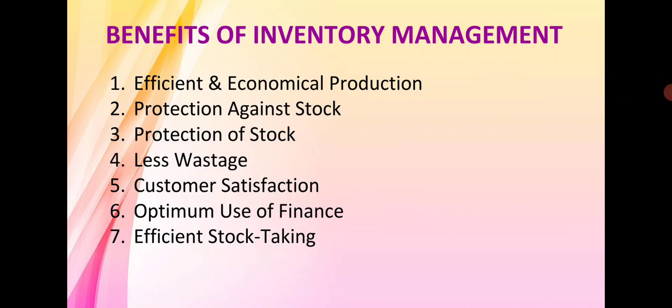Fifth point, that is customer satisfaction. Yes, if each and everything is done on a proper basis, if the management functions, that is POSDCORB, are applied in a proper manner, then definitely we are able to produce qualitative goods at the proper time. And if the goods are produced with proper quality, quantity, and time, then the dispatch of the material is possible. And if material is dispatched in a proper manner, then definitely the customers are highly satisfied